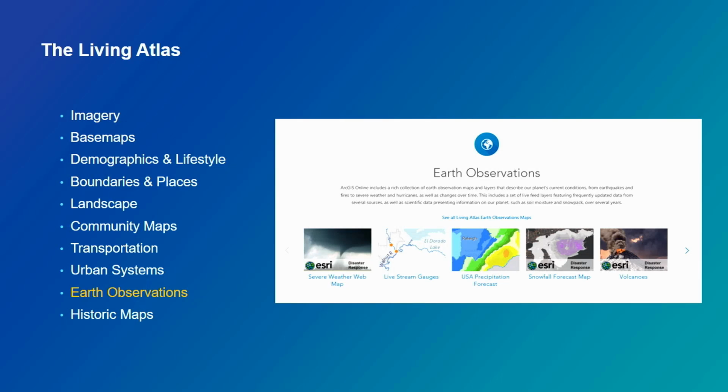nowadays we all understand that we have to unlock the data. Just keeping it on our desktop and doing some work is not good enough, right? So with that in mind, over the last couple of years, I think from 2013, we started to publish a lot of data. And now we all know about Living Atlas. We didn't do that before, actually, right? So in Living Atlas we publish authoritative, curated data, and one category is Earth observation, where you can see all sorts of multidimensional, scientific data that we show, right? Some of the examples are,